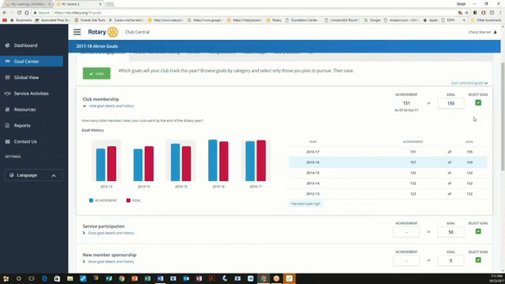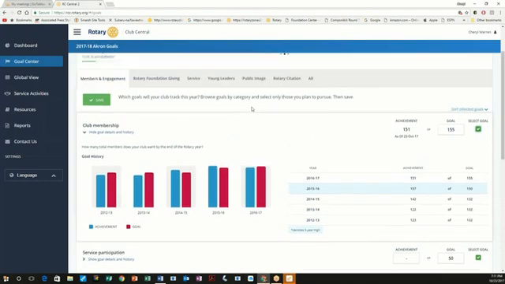You do not have to select each of these sections as a goal. That is totally up to you and your planning committee, board, whomever you are working with to determine what goals you want as a club. If you select it as a goal, you do have to click this button on the right side. Otherwise, the goal is not going to be listed as a goal for your club. Always remember, once you select your goal, to click Save.